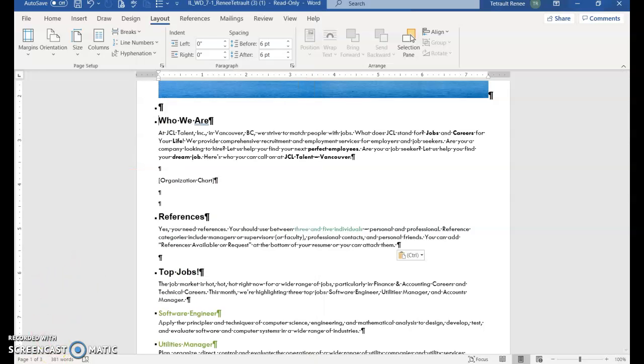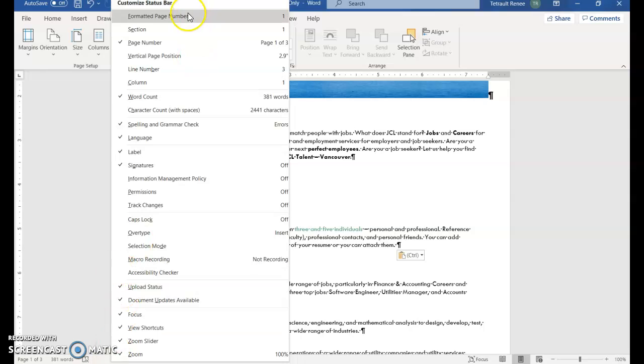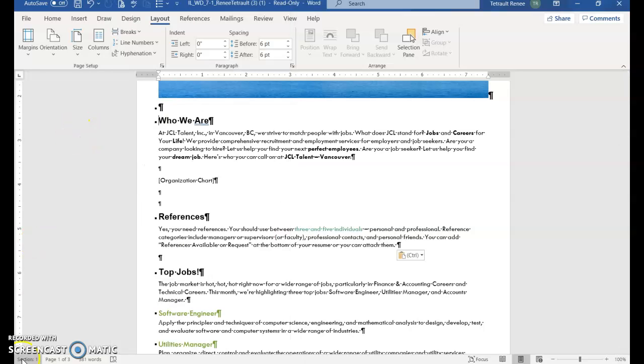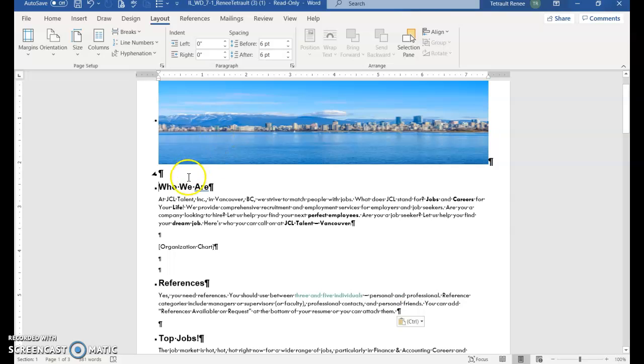Normally you just have page 1 of 2, 3, whatever pages, and how many words there are. If you right click on the status bar, you get a shortcut menu, and click so that section is checked. Then to get out of here, just click anywhere on the left. And now I have section 1, because within this document the sections are going to change. So now, section 1 will be before Who We Are, and section 2 will be from Who We Are